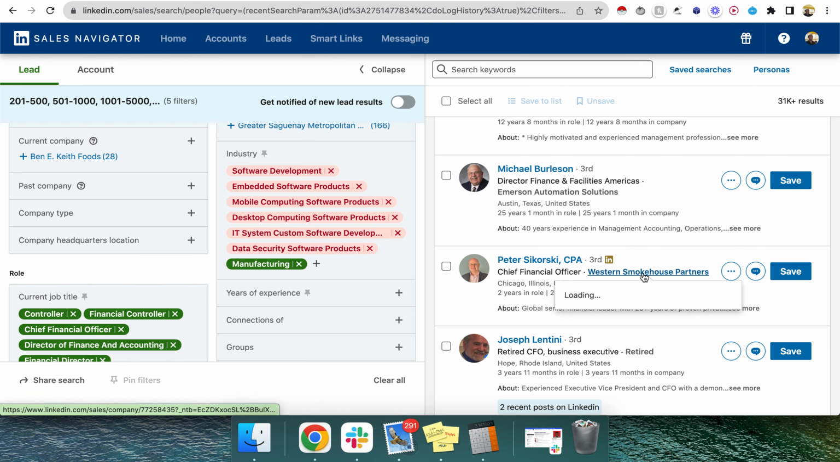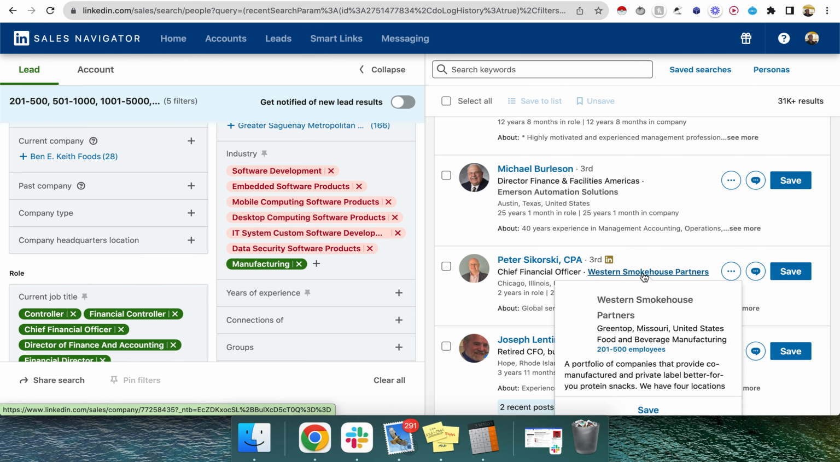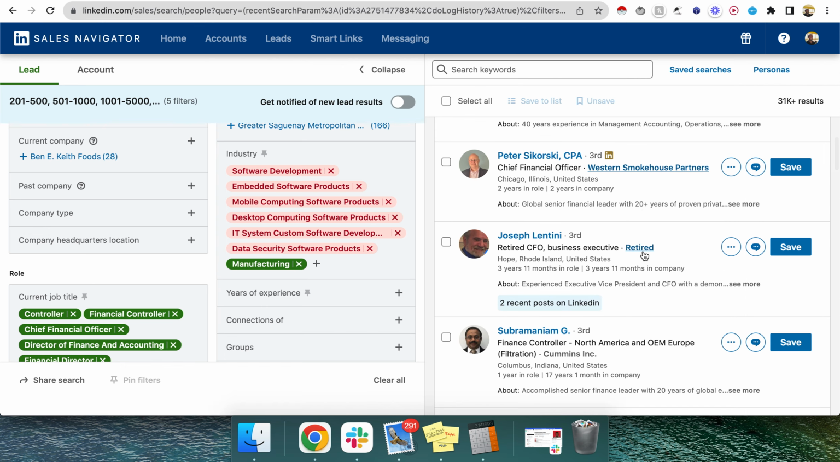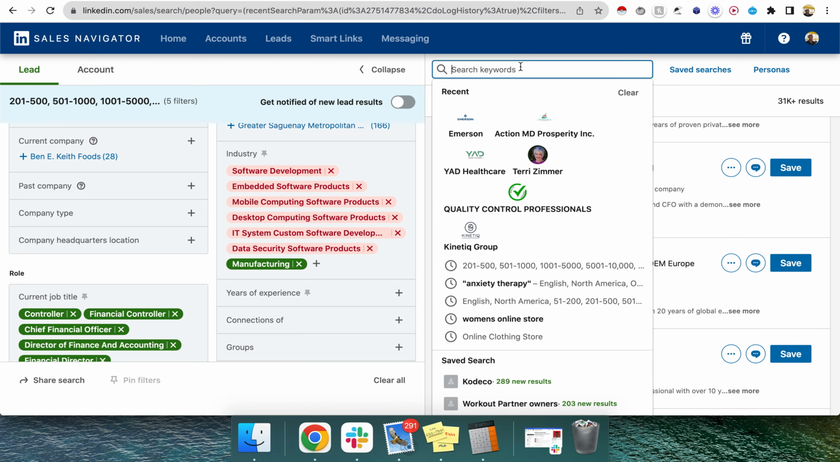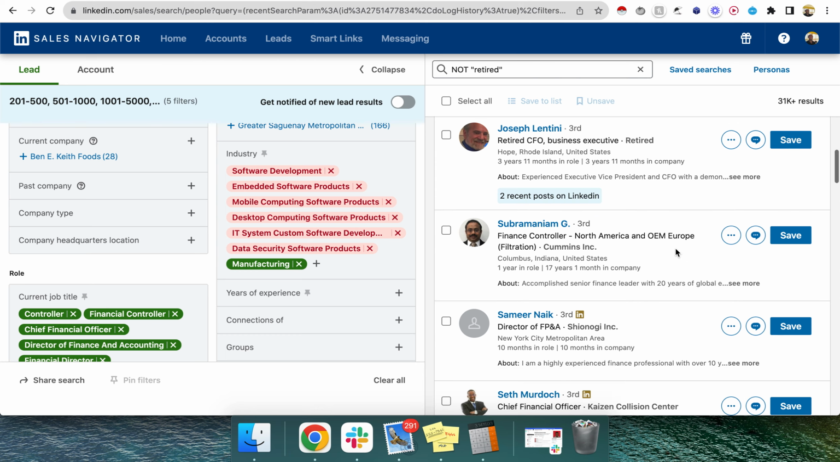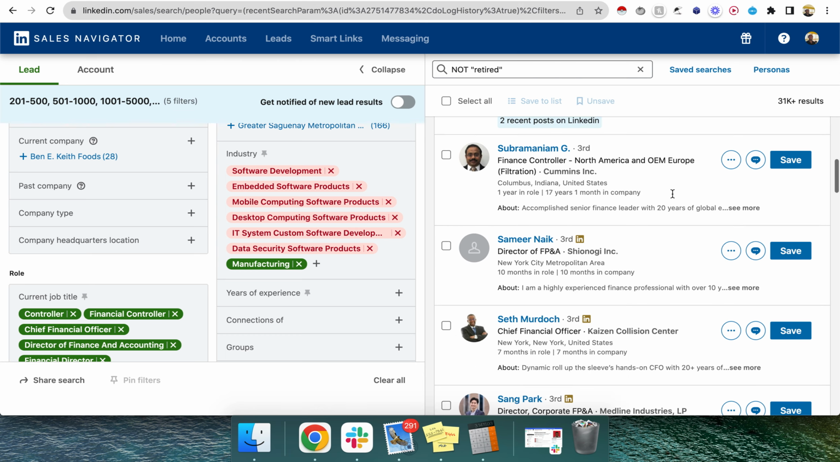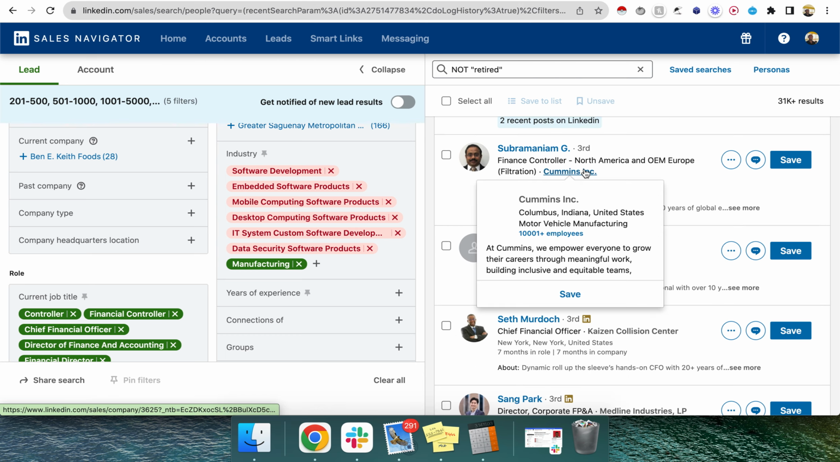Smokehouse Partners. Retired. So we don't want retired people. And I always put it in. We don't want anyone who's retired, guys. Sometimes that comes through. Cummins Inc., financial controller,